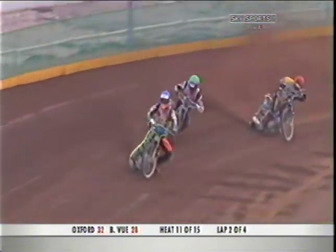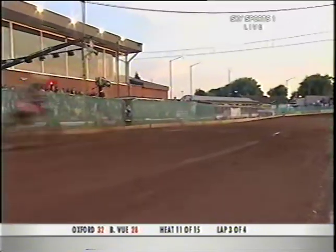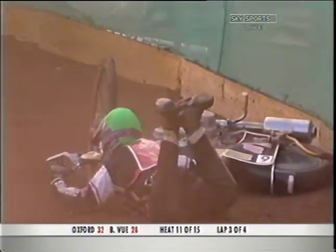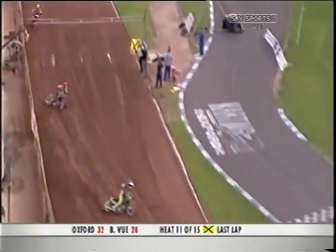Mark Lemon's out in front, but Stuart Robson's putting him under all sorts of pressure. He's moving from one side of the track to the other. That boy's got more moves than Michael Jackson. Oh, down he goes. One too many. Stuart Robson tumbles out of that one, and this will now be a 5-1 to Bellevue, because the referee's letting it carry on as Robson at the back gets his bike off the track and goes into the final lap